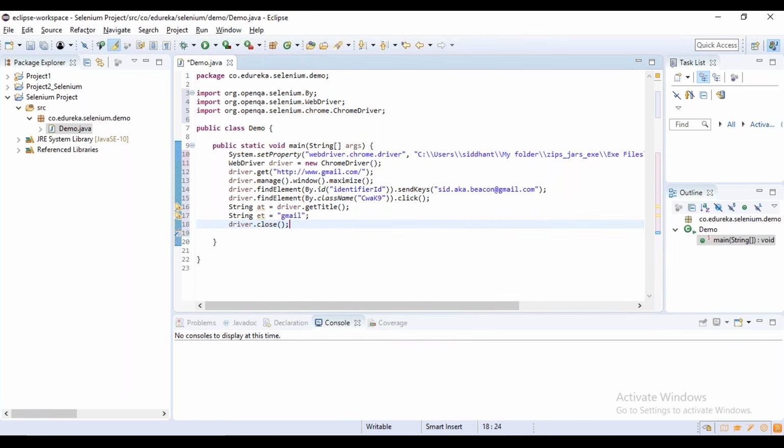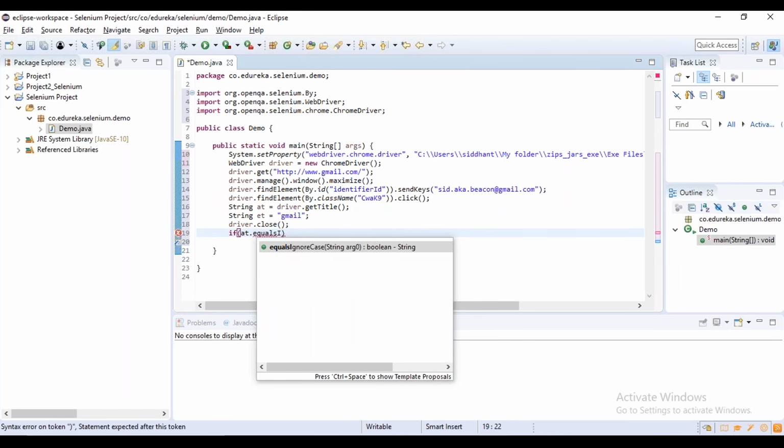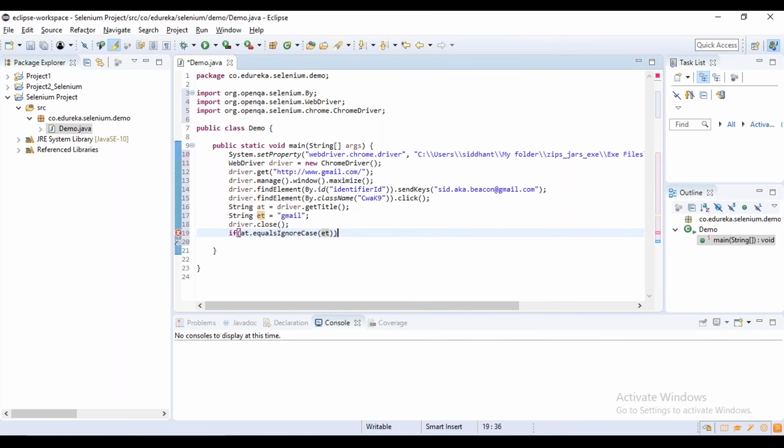Now, after that, let me use the string variables to establish a test condition. That can be done best with the if statement. So let's say AT.equals. I want to ignore cases; I just want the names to be the same. So I'll tell it to ignore cases. If they match, we'll know that our test is successful, so we'll print test successful.